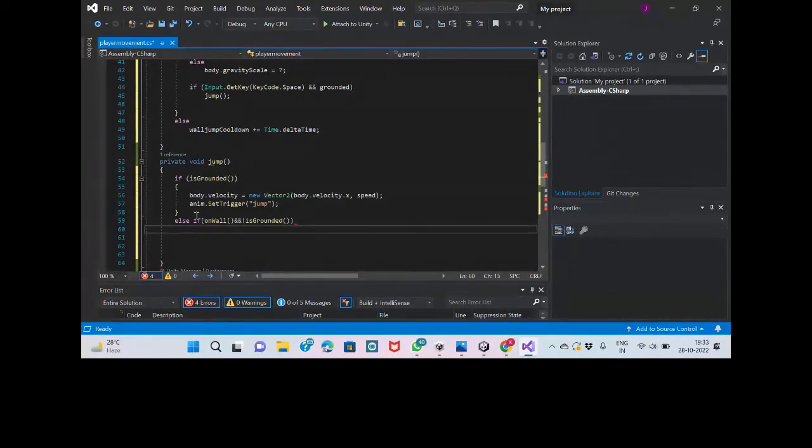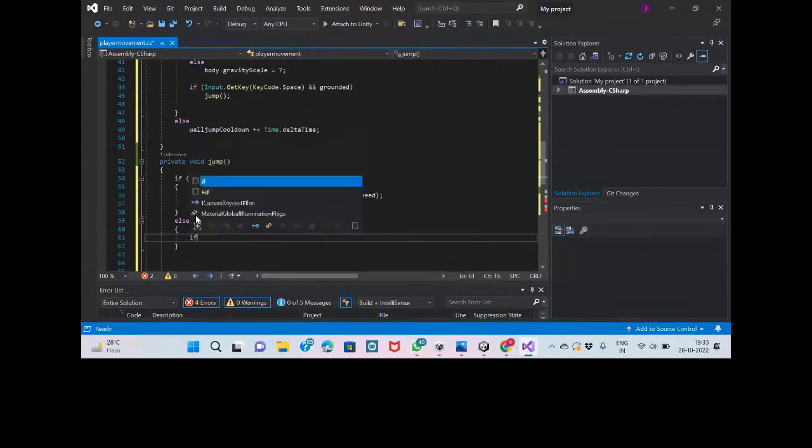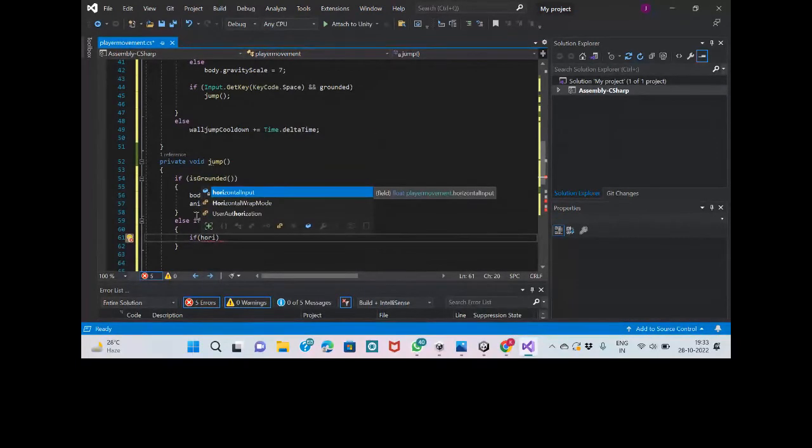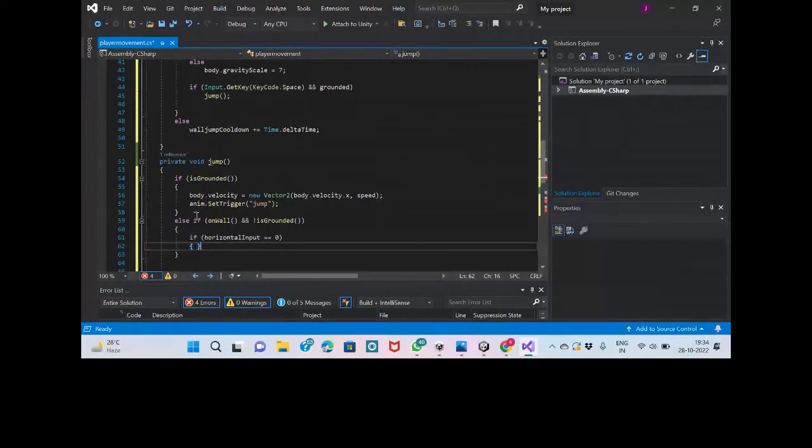So if horizontal input equals 0, then input equals 0, I would like to add